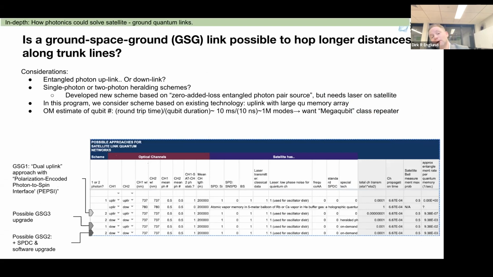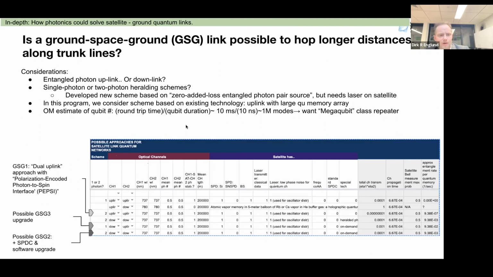Hey, but if you want to go long distance and maybe not go through fiber, we don't have to go through fiber. Maybe you can take some long hops, perhaps using a satellite link, and that's also something that people are considering as part of the CQN. But then you quickly find that you need a different kind of entanglement scheme if you want to do that. And that has stimulated some work that is now a big collaboration inside the CQN, including with Mike Raymer,